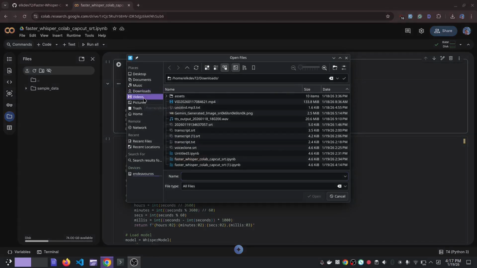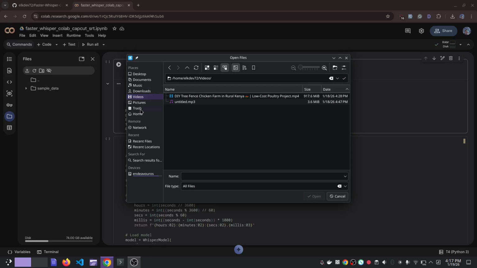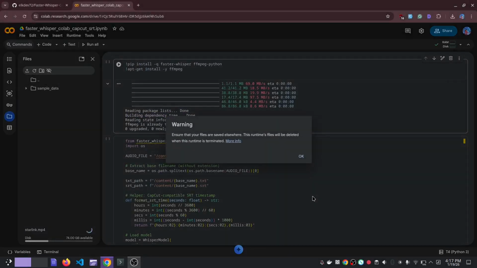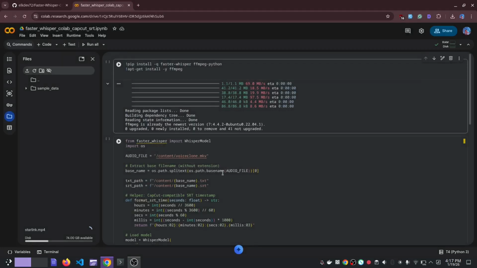So I'll go here on videos, maybe, and go to home. So let's say I have this starlink.mp4, the one that I want to generate captions on. So open and leave the warning, click OK. So it's going to upload. You can see the progress here.